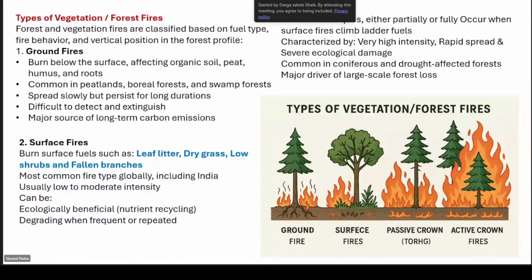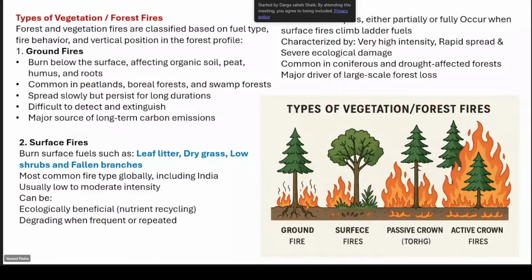So what are the causes of these fires? One is natural causes, theoretically, and the second is anthropogenic. As I said previously, more than 90% of the burnt area or forest fires happen due to human activities. So why are they putting fire?